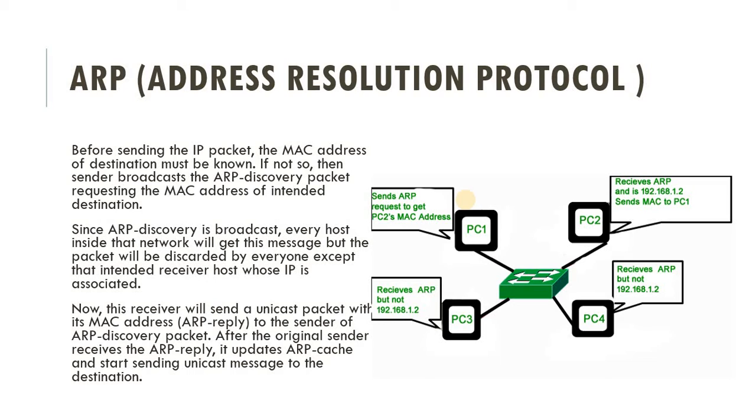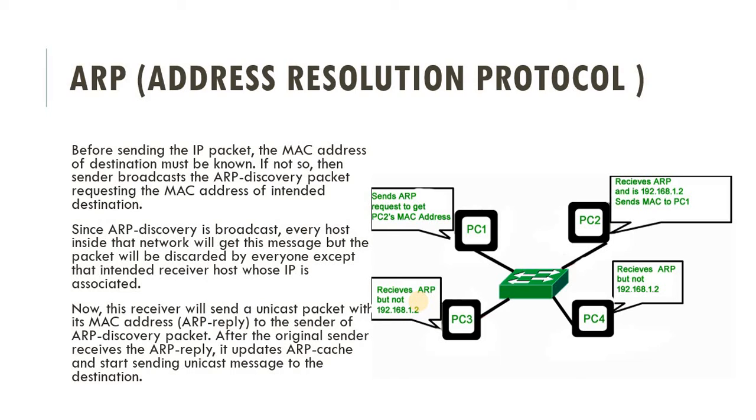But suppose we don't know the MAC address of the destination PC. At that time we are broadcasting the message to each and every PC or node in the network, and all the other nodes reject that packet, and the node for which the data is sent accepts that message and sends the acknowledgement. Based on that we can identify the address. So here PC1 wants to send data to PC2, so for that we need to recognize the MAC address. Here only this one is responding, and PC4 receives but rejects the message.